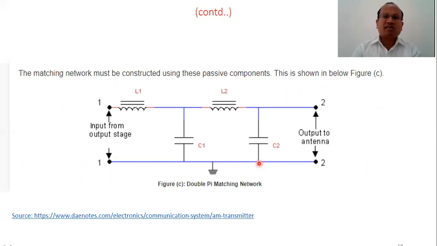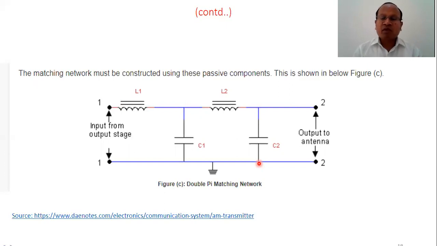So let's summarize this lecture. This lecture is about the AM transmitter. We know that an amplitude modulation transmitter is the transmitter which is used to transmit an AM signal. When you see the major components in any AM transmitter, we find that there is an arrangement to generate the message signal, maybe a microphone. The signal level is low, so we can pass it through a preamplifier to raise its signal strength. When we want to amplify its power level, we can pass it through some power amplifier that may be a class A amplifier or class B amplifier.